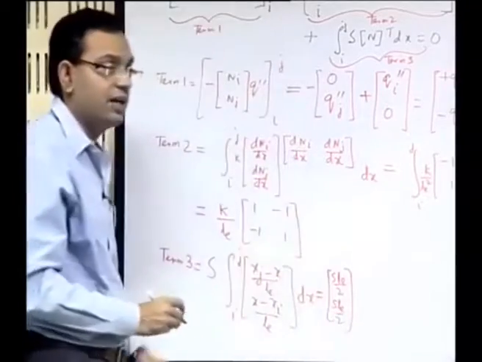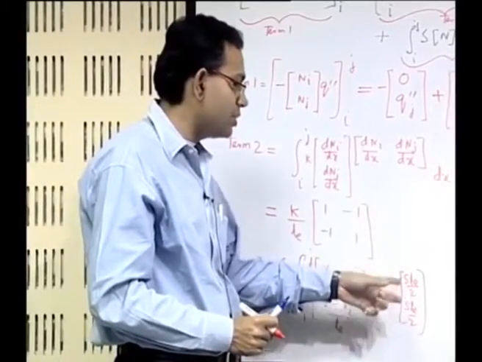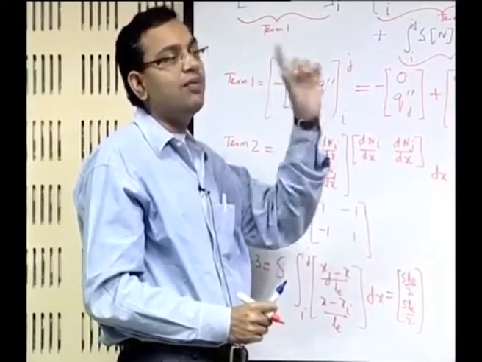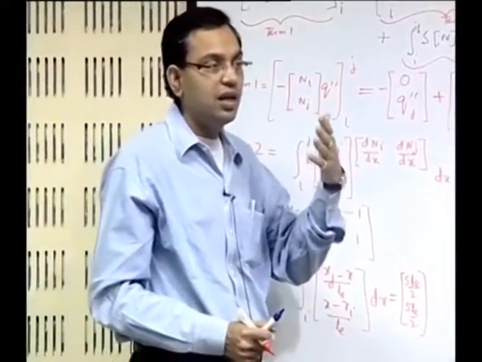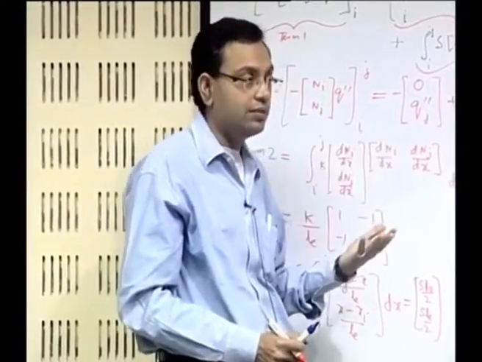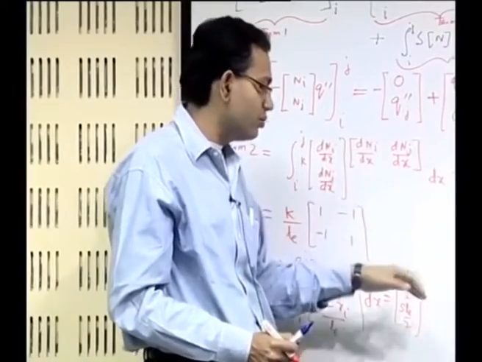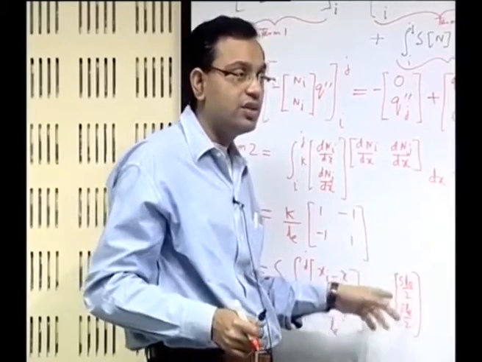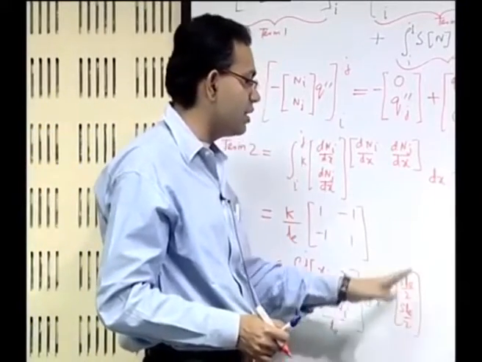See, this is a common sense affair. You have the total heat source as S into Le, and that is dumped in the 2 nodes, because eventually the entire effect of the element is manifested by the behavior of the nodes. The nodes have the sole responsibility of taking care of the burden of representing the behavior of the element. So whatever is the total, that is now apportioned between the nodes. Because there is no bias or asymmetry between the nodes, it is just a 50-50 share. It is a common sense thing, even without doing the integration you can see it, but of course by doing the integration you can exactly verify that.